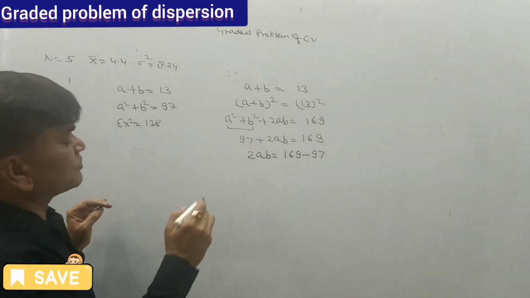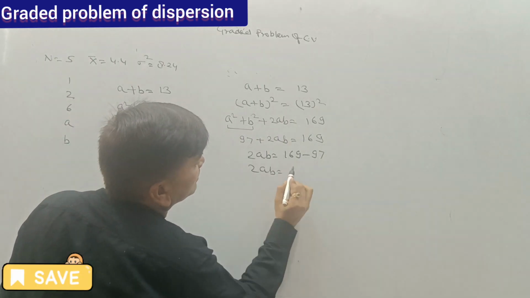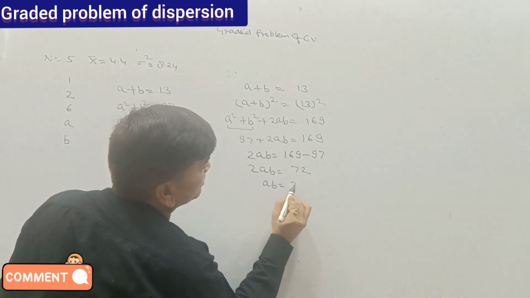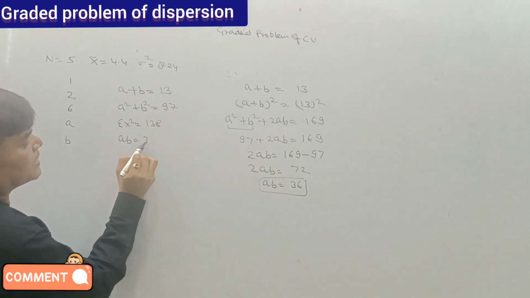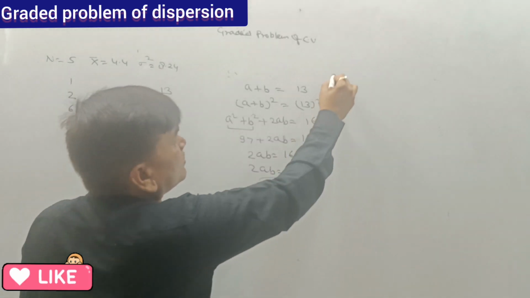That is 72. So 2ab is equal to 72. So ab is equal to 36. One more value we got: ab is equal to 36. Now,